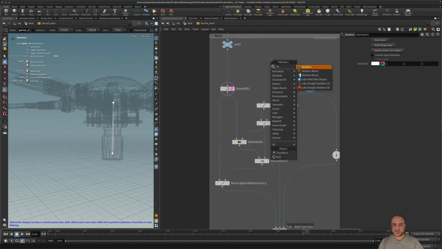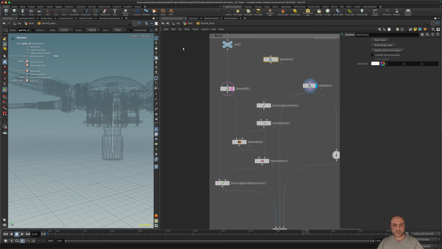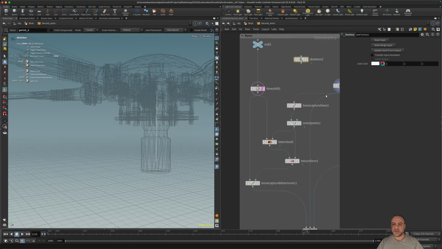Tab skeleton. On Apple Silicon, I get some bugs. If I click here, it doesn't change. I need to set it with the keyboard and then it changes.